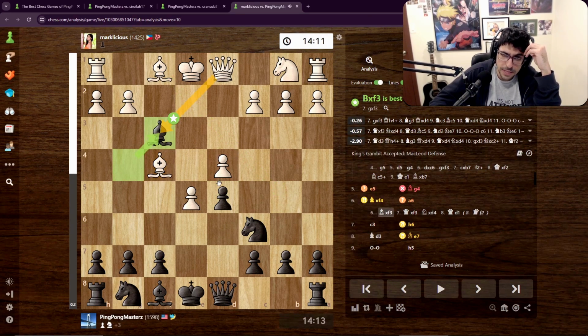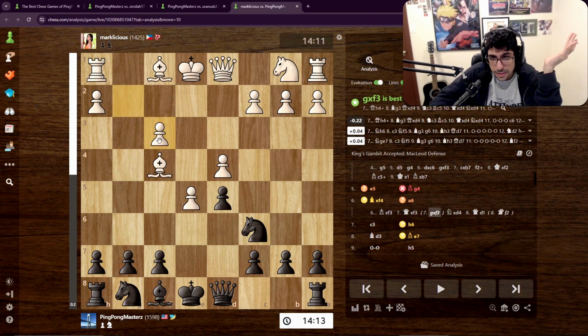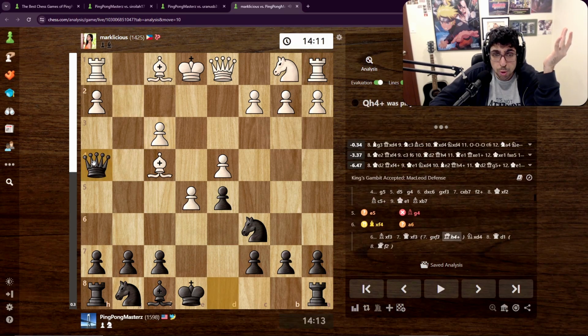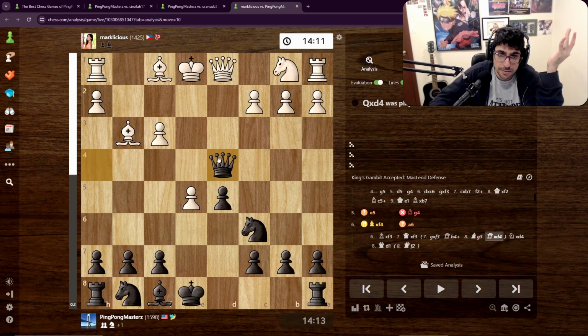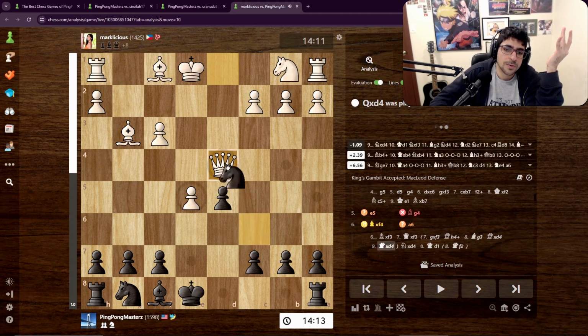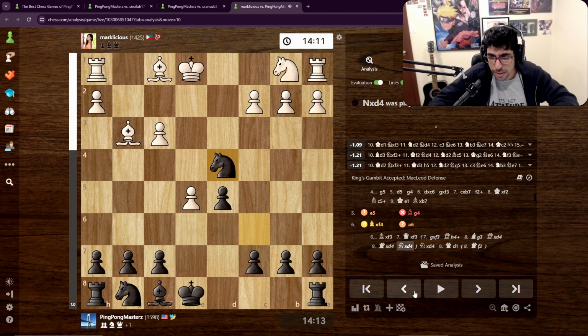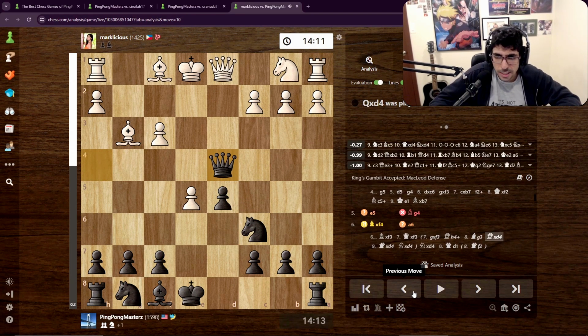If he takes, I get the pawn. Now, what if he takes back with this pawn? What can I do then, right? Look how beautiful that move is. You're coming into the position nicely, you're going to win the pawn. Right? So if something like this happens, you're just winning. You're up a pawn and just a great position. Anyway,